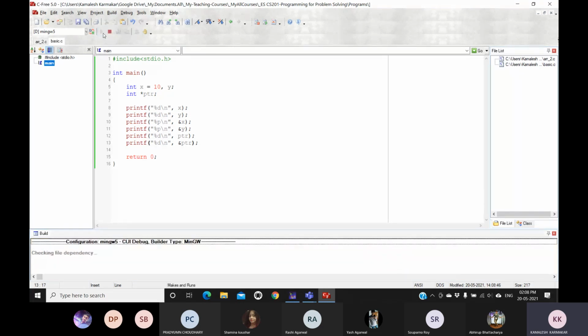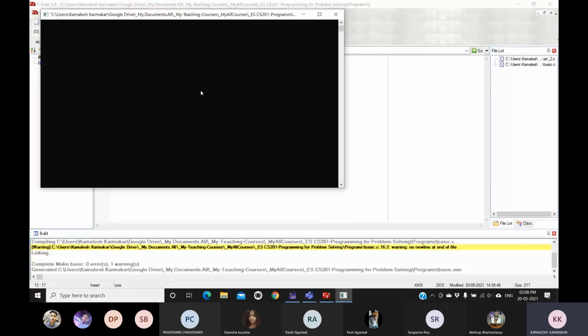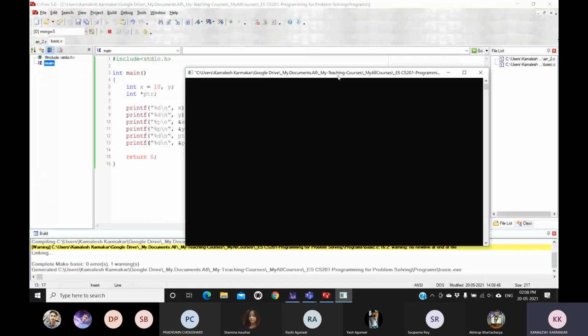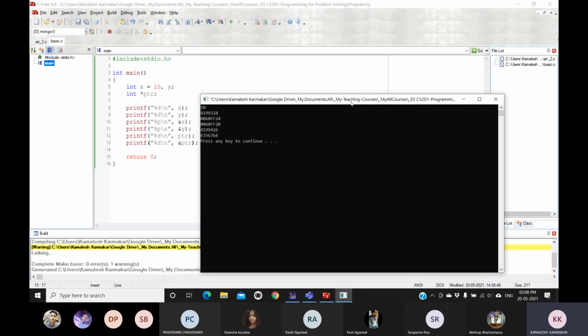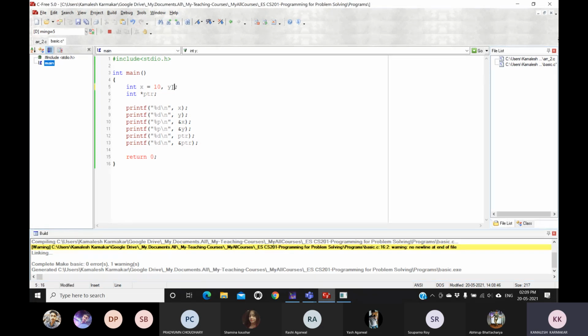Okay, so let us check what will happen. The first one is x. You can just compare. The value of x is 10, y is not initialized by anything, so the value of y is garbage. If I initialize any value, say I'm initializing it by 5, now it will be 5.